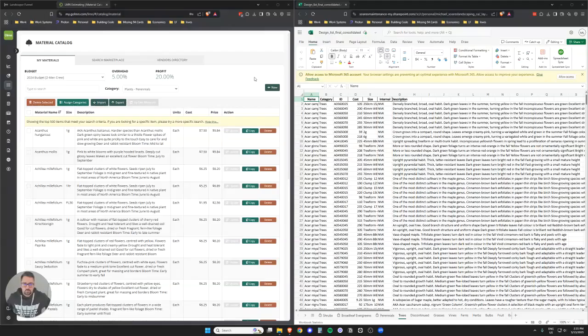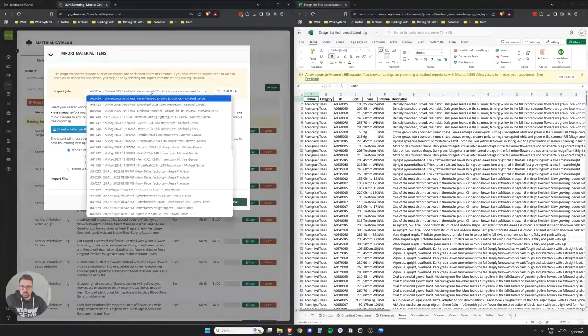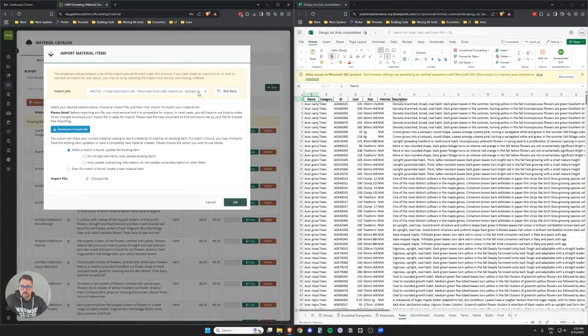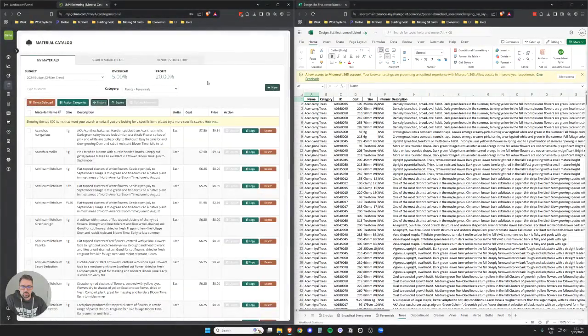Now, there are some workarounds in this, and a word of caution: you can break things if you're not paying attention. However, in the LMN system, you can simply roll back your imports and go back to where you were. Okay. Now,